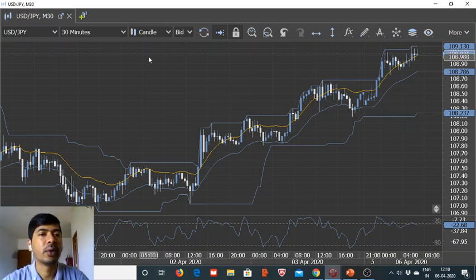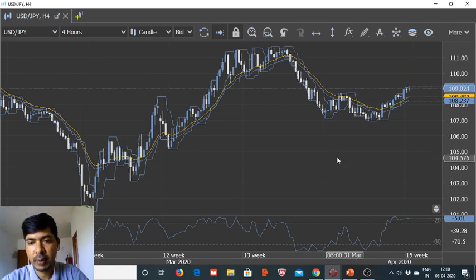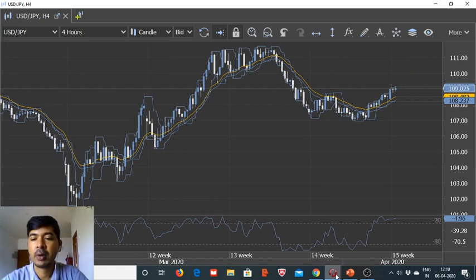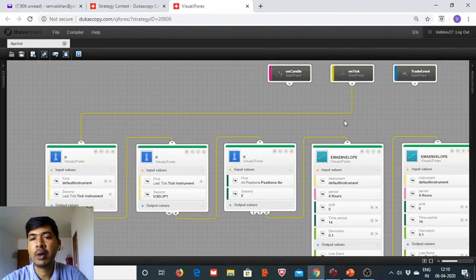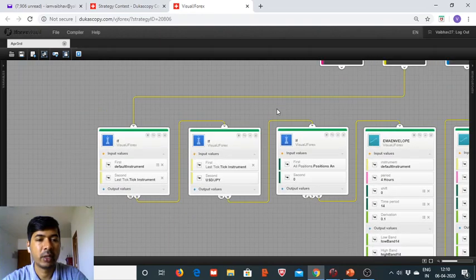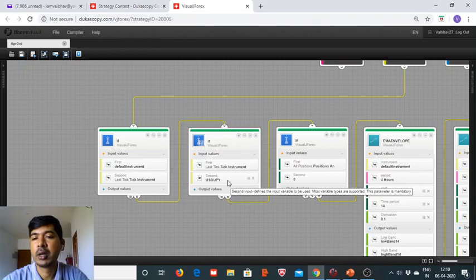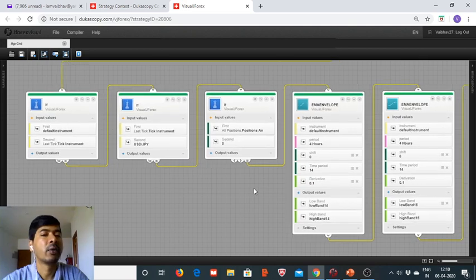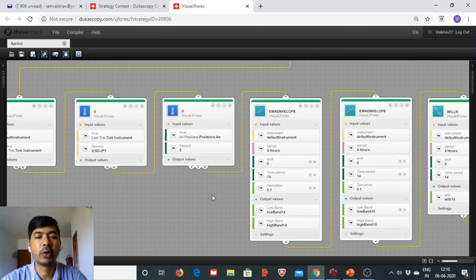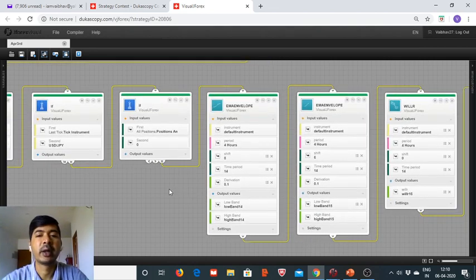So now it's time to go back to the Visual J Forex platform and start to build our algorithm. So let's go. What we have done so far, we have done this standard instrument subscription. This time around we are using USD JPY. For most of the earlier algorithms we were working with the Euro USD, and for a change I thought, okay, let's try USD JPY. Any instrument you can use for all the currencies. The platform is supported only for